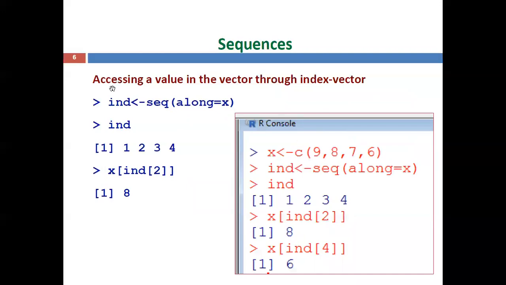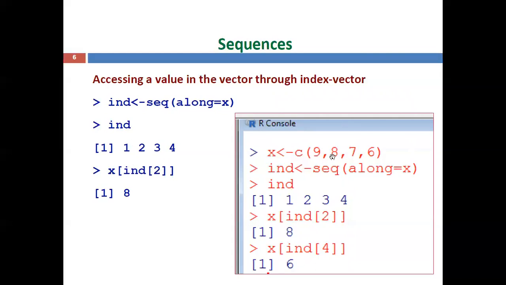See here, that is what we discussed: accessing a value in the vector through an index vector. To access a particular value, you define the index same as previously: index equal to sequence of along equal to X, and call ind. It displays 1, 2, 3, 4. Then if you want a particular index value, X of ind of 2, the second index value.